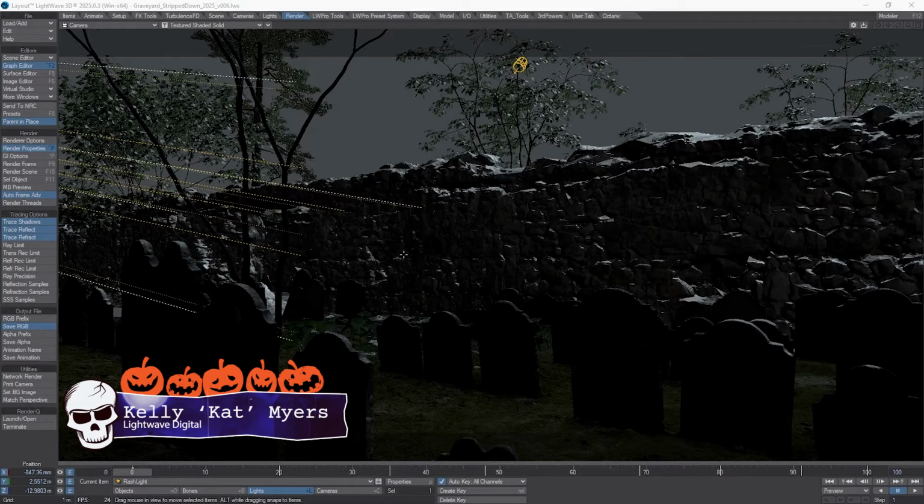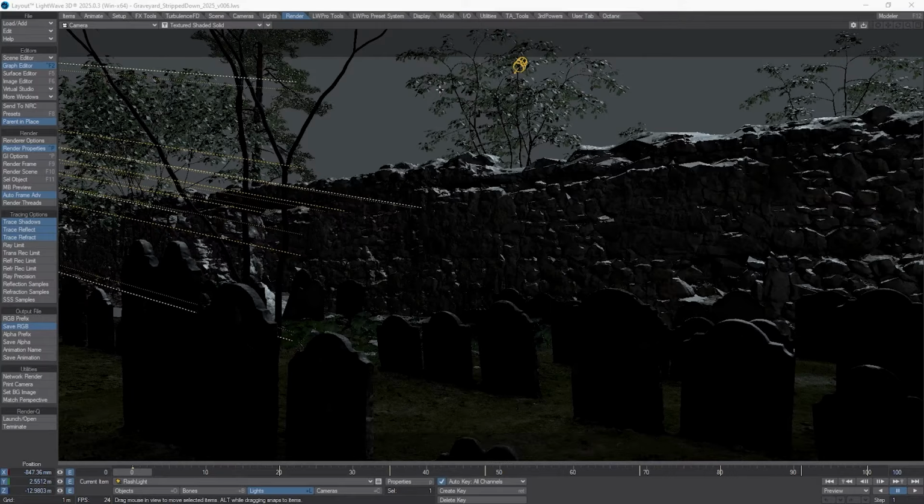Happy Halloween in 2025. And in this video installment, we're going to have a little bit of a Halloween themed shot that we're going to also discuss Lightwave's volumetric system. Recently, on some of the different groups on Facebook and in Discord, there have been some complaints about Lightwave's volumetric speed, and I'm here to kind of dispel some of those rumors or myths and give you a breakdown of the different types of volumetrics that you can use just in the basic sense and just how fast they actually